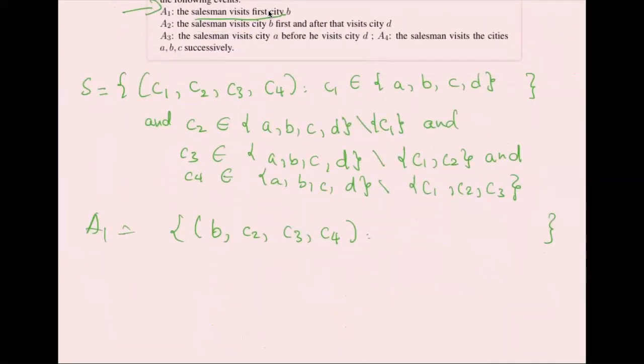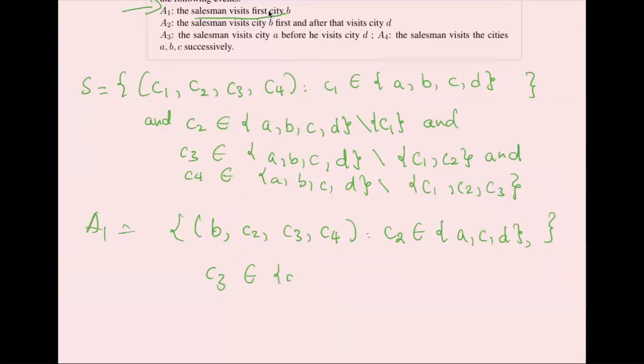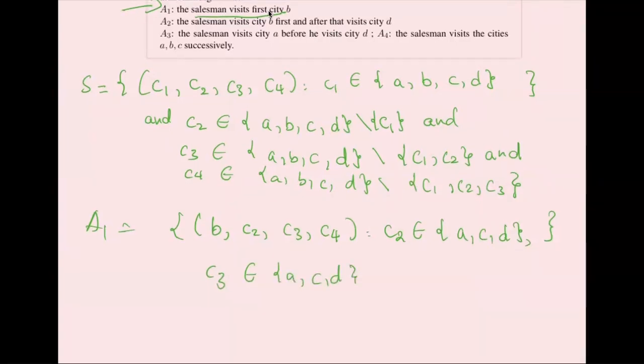Now I can pick a value for CD2. CD2 can be A, C, or D. Just exclude B because we already visited CD B, right? And then CD3 can be A, C, or D, but exclude CD2. And then CD4 can be A, C, or D, but exclude